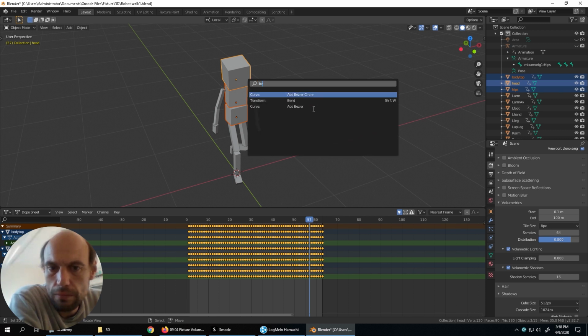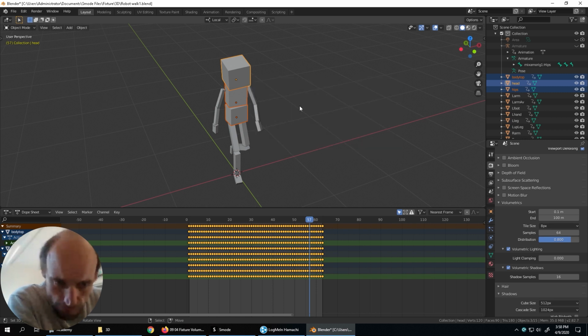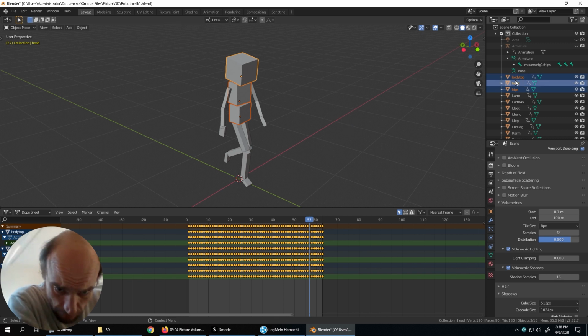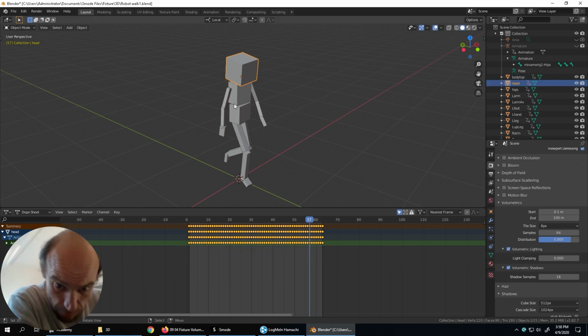So press bake animation, bake all, bake action, and it will do this. You can also do it with C4D. Just put a constraint on the object you want and on the bone, and it will link it, and then you bake in the timeline. You bake each object animation, so you can export it to SMOD.